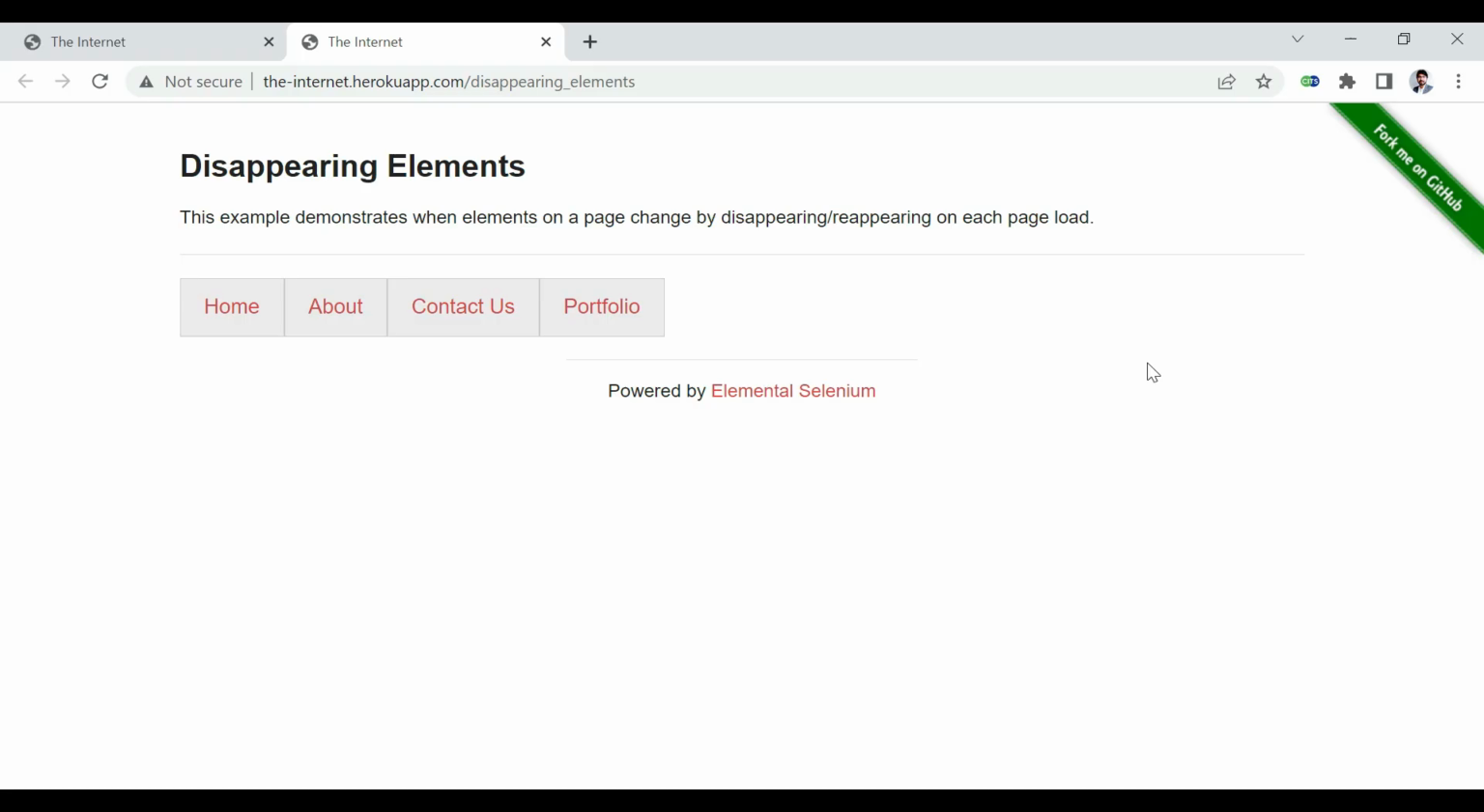Hello everyone, welcome back. In this video, we are going to see how using Kits we can handle disappearing elements. If you see this example, it says that there is an element which appears or disappears from the page after